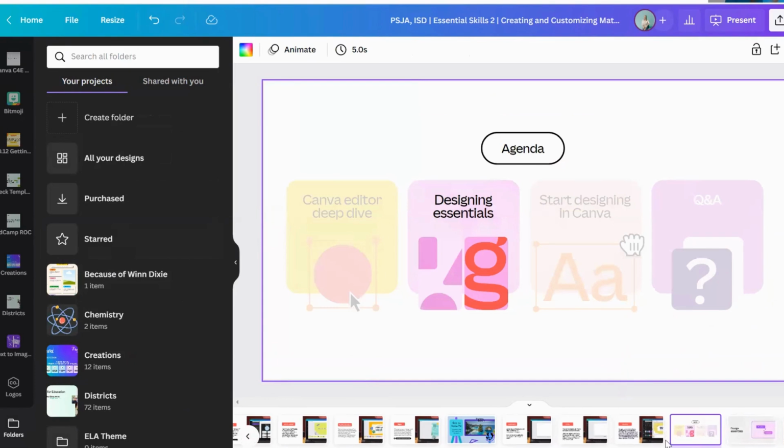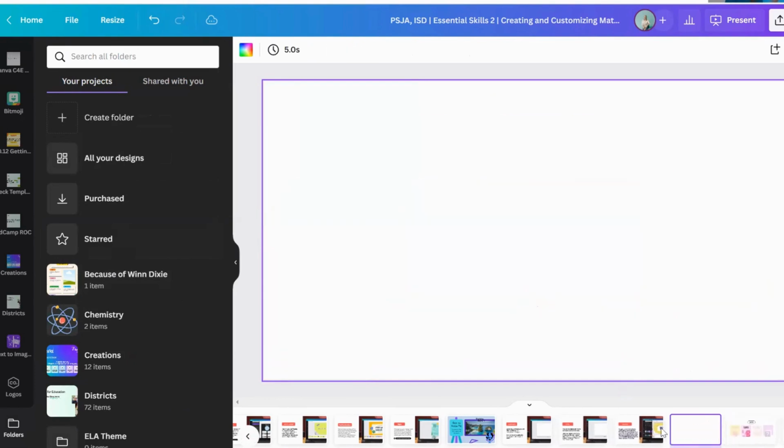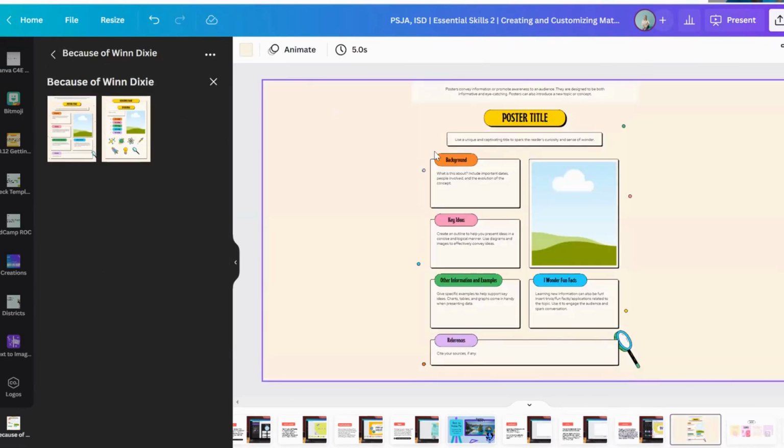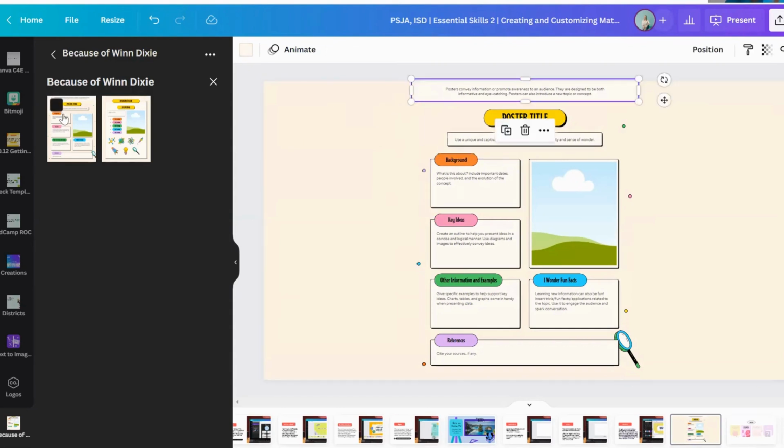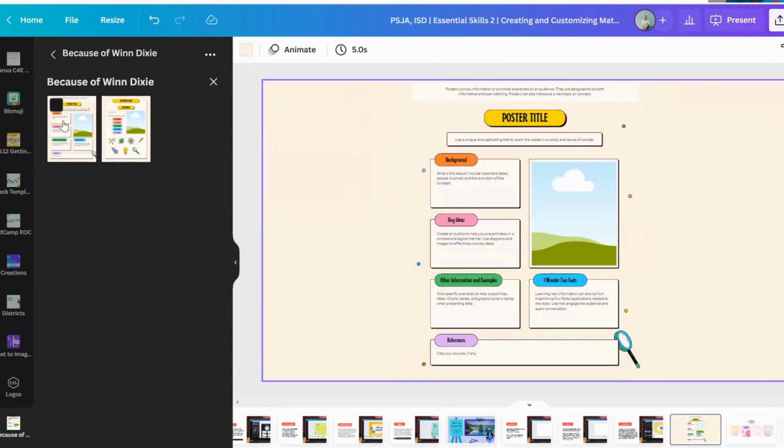Oh, there it is. So another thing that we can do is I have this poster here. Notice I'm in a presentation, but if I'm teaching in the class, or maybe I'm just doing something at a staff meeting or any conference session, and if I wanted to bring in a poster that I've created, even though this is a totally different size design, what I can do is still bring this design into my Canva